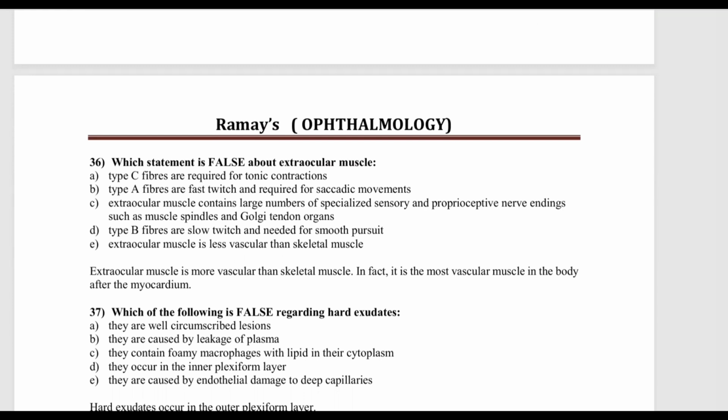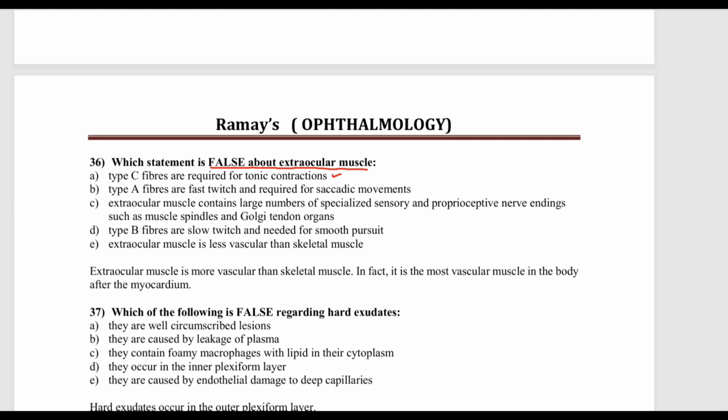The next question is which statement is false about the extraocular muscle? The options are: type C fibers are required for tonic contractions; type A fibers are fast twitch and required for saccadic movements;